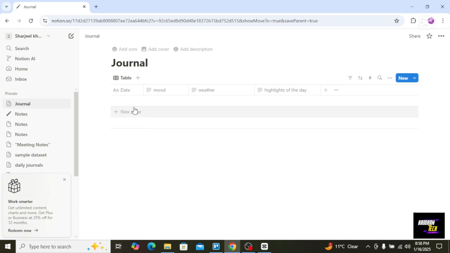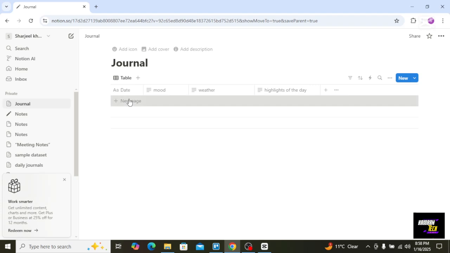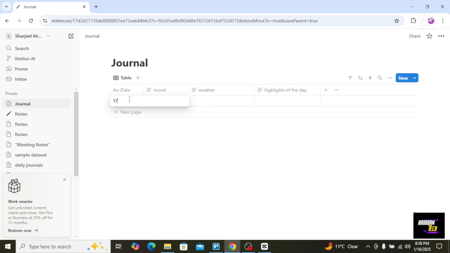so now what you are going to do is add in your date. I will just mention it like 17 Jan 2025 and just tap to enter. And here you just write your mood like happy and just tap to enter it. And here you will just write the weather like sunny